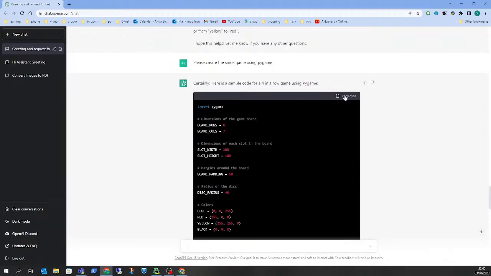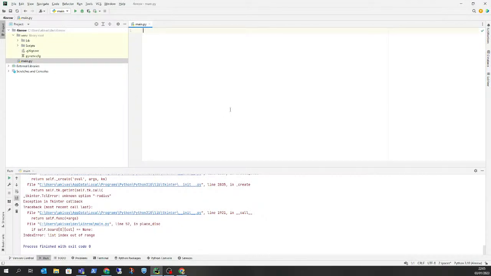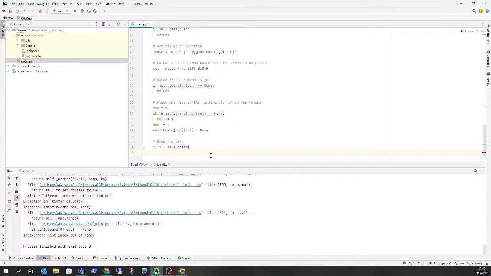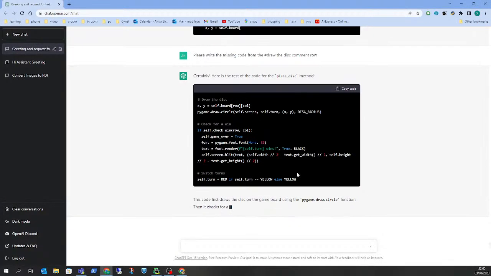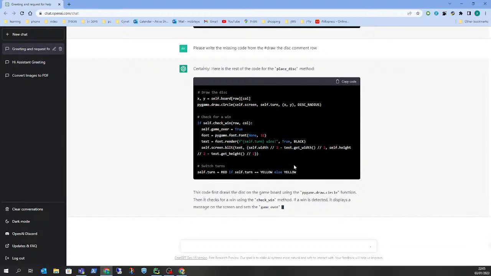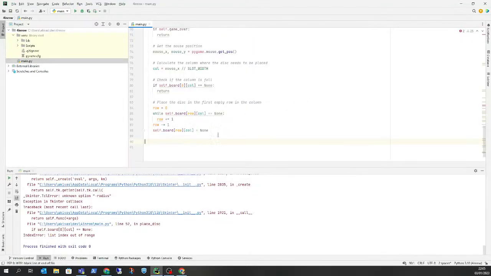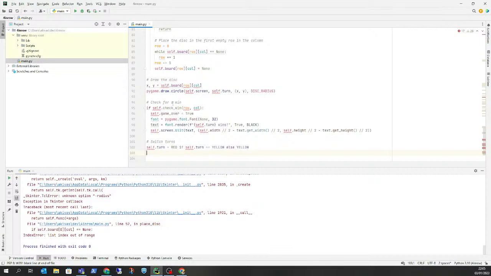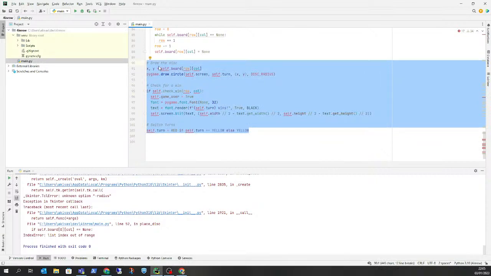Copy the first part of the code again. We'll go back to our PyCharm. We'll erase everything here. We'll paste this part. We're starting here. So let's see. We got this. Okay. Just copy this. See if we're not erasing anything. So we're not indented. So select everything, click tab, another tab till everything looks fine.